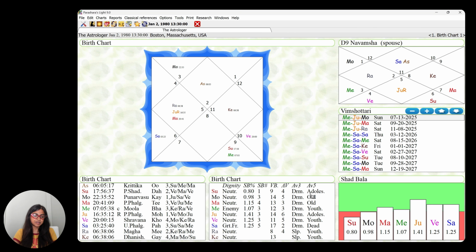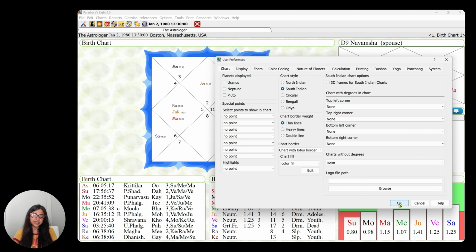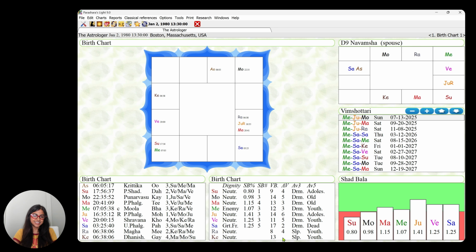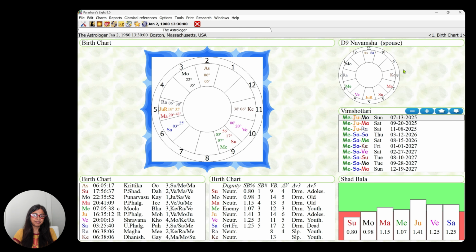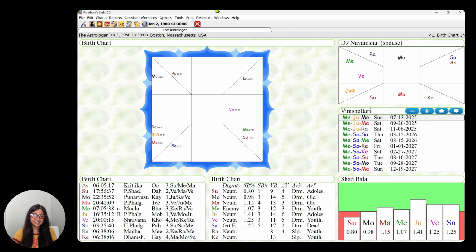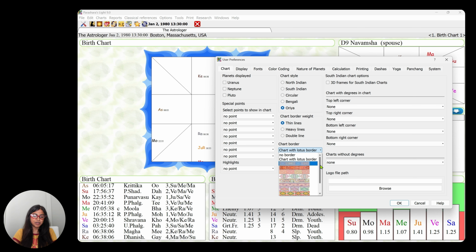And you can see there's a blue lotus outline outside of the chart. You may have seen this in books, blogs, reports, etc., or even your own chart reading. I'm going to walk you through what this looks like for the 4 remaining charts. This is South Indian, circular, Bengali, and Oriya. There are other options, as you can see, and what I'm going to do is pick one and go back